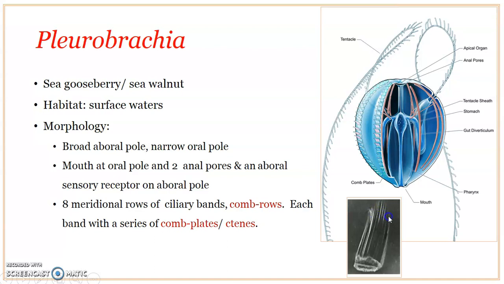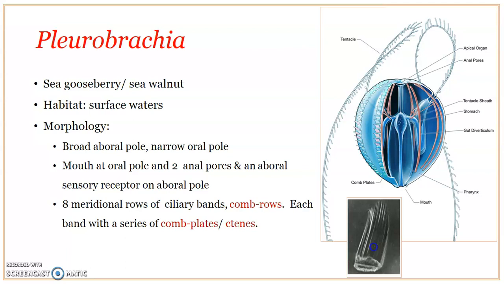Distally these cilia are separated, and it resembles the teeth of a comb. Teeth, that is how the name has come, ctene, C-T-E-N-E. So, the teeth of a comb, and these comb plates keep on beating the cilia on these transverse plates or ctenes. They keep on beating and bring about the locomotion or the swimming movement of Pleurobrachia